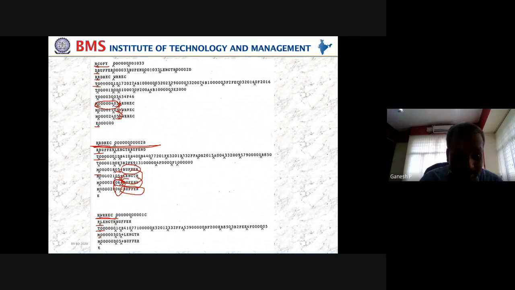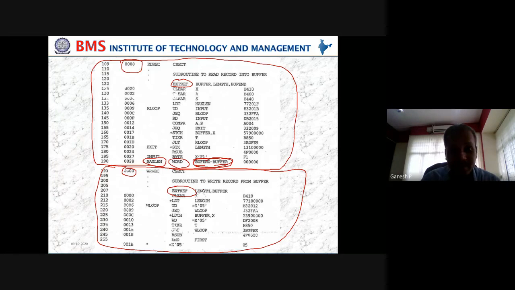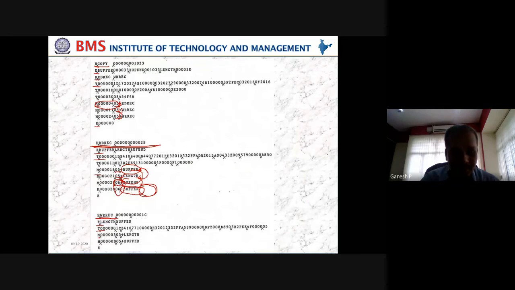Whereas in all other places, it is an address, that is 20 bits. Here also it is 20 bits, 20 bits, 20 bits. When it comes to buffend and buffer, it is not the address, but the integer. We say that because of the word. What do you mean by word? Word means an integer. That's why it is 6. It is not a printing mistake. So depending upon what program you have written, accordingly we will encounter this.